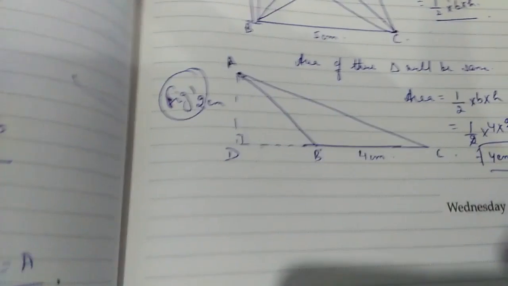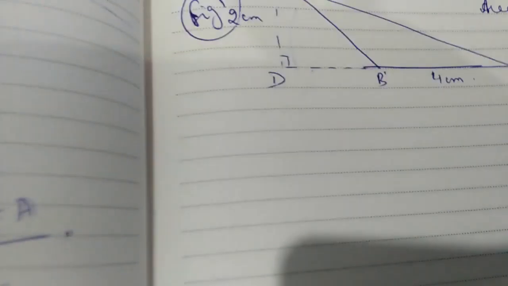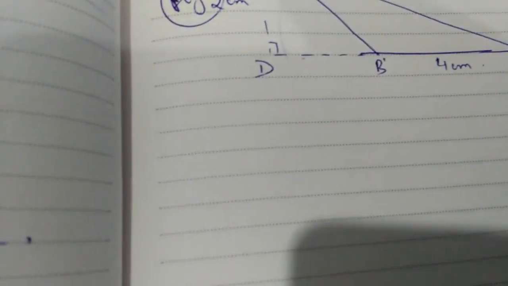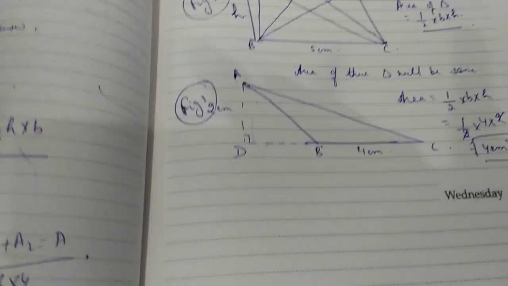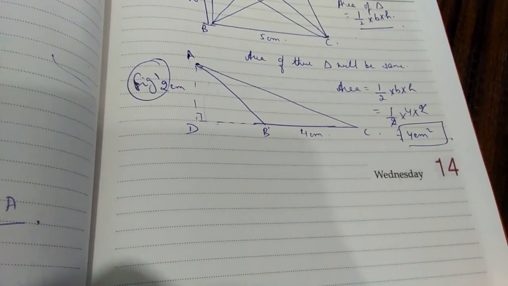You always draw a perpendicular to the base, so that will give you the height of the triangle. Once you know the height and the base, you will be able to calculate the area. Sometimes a parallelogram or a rectangle may be needed in order to understand what the area of the triangle is. That's all. Okay, so let's solve a few questions after this.